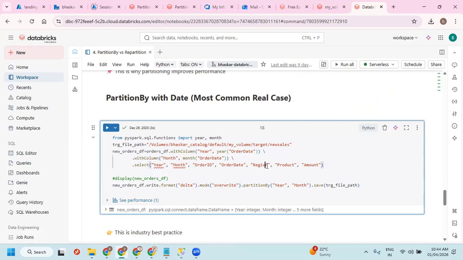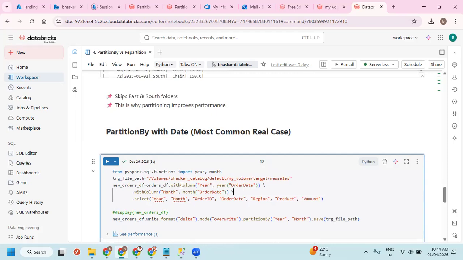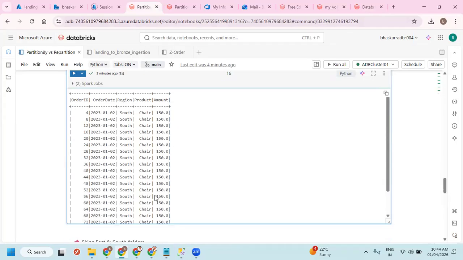For this one, I wanted to write the data into the target. The problem is that this data is not properly set up.